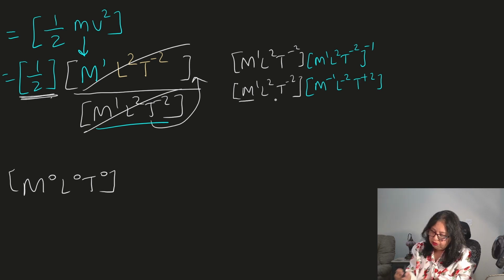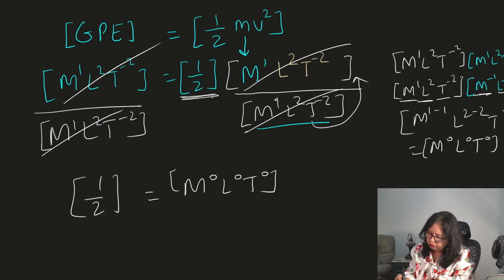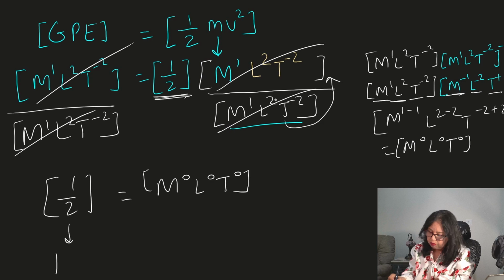Now multiply these together. M1, M minus 1, 1 minus 1. L2, L minus 2, T minus 2, T plus 2 equals M0, L0, T0. So 1/2 is